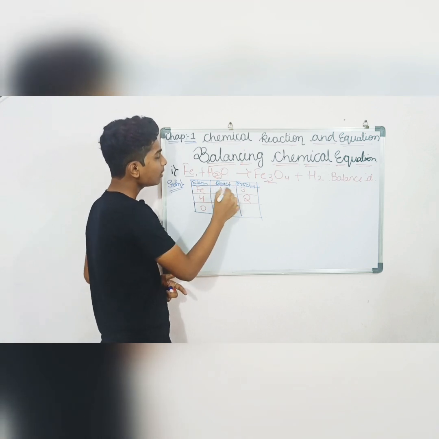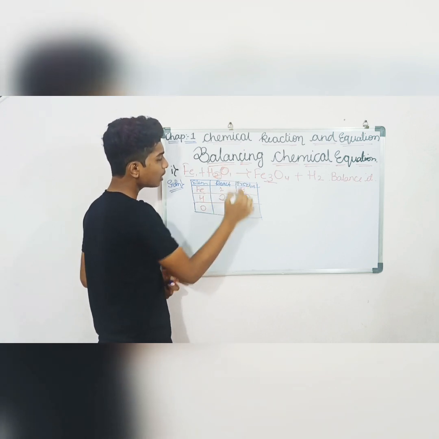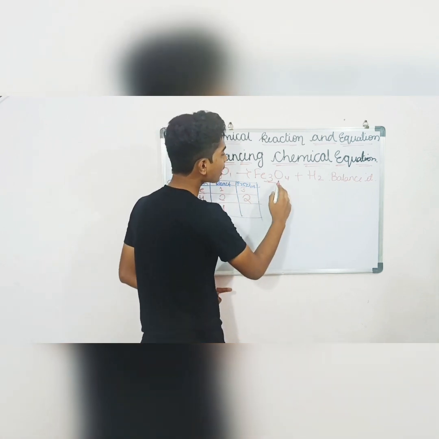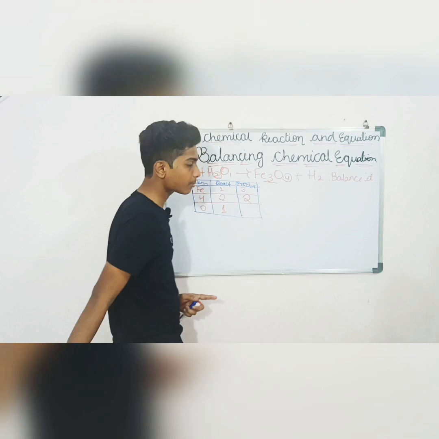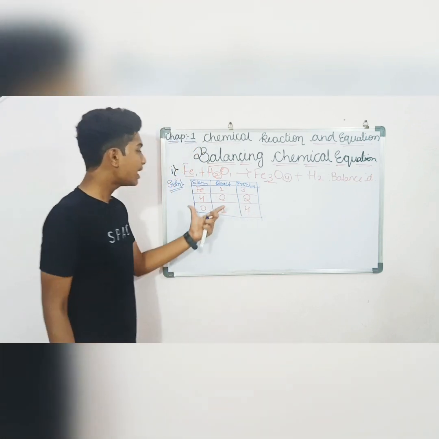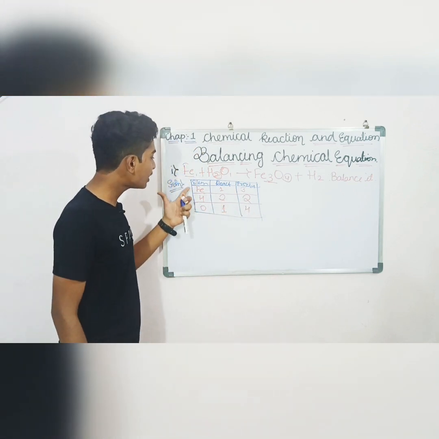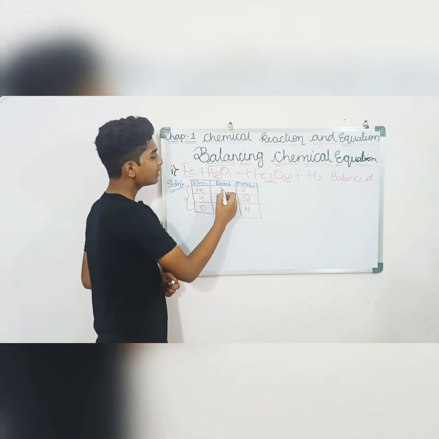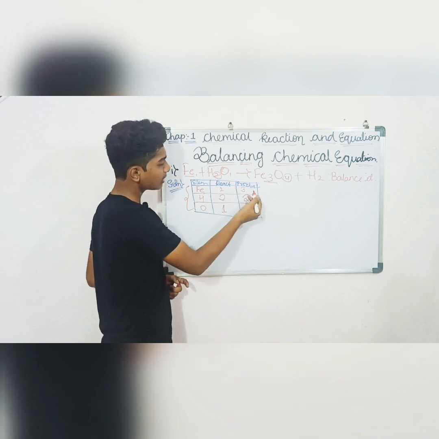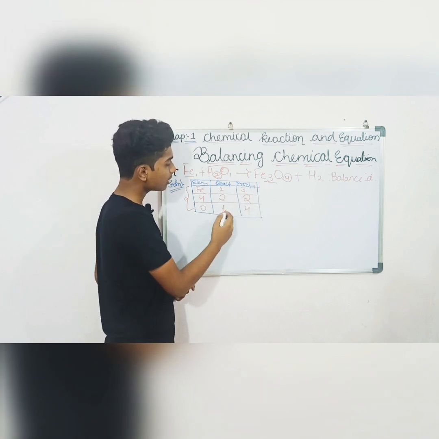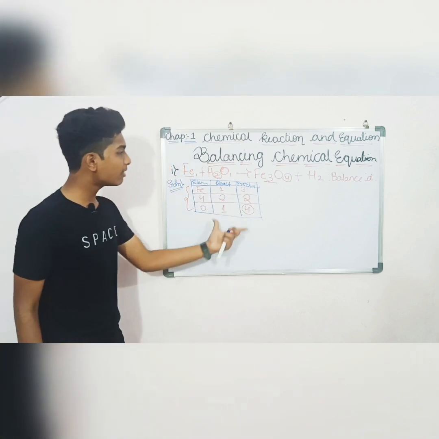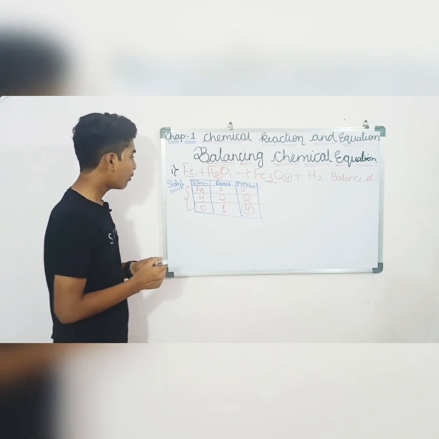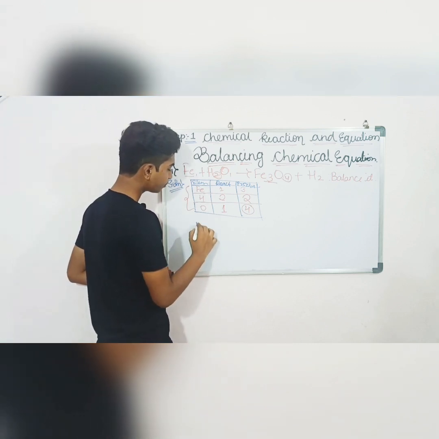So next again examine. Here the oxygen atom is present with only one atom, so write down 1. And here the oxygen is present with 4 atoms, so write down 4. Now examine which of these three elements has the most number of atoms. Here is 1 and here is 3, here is 2, here is also 2, and here is 1. 4 is the highest number in this given table. So first we need to balance this oxygen. Now make another column.